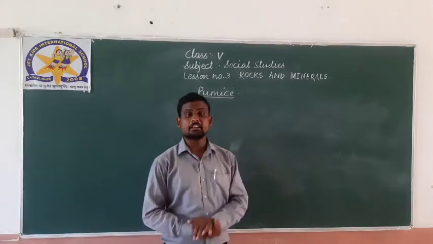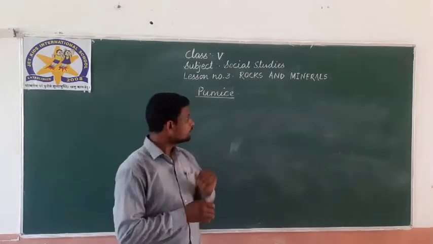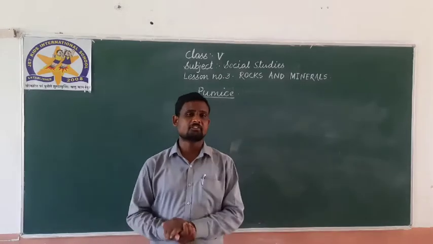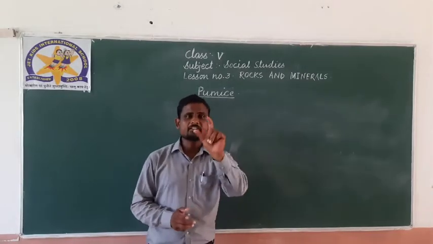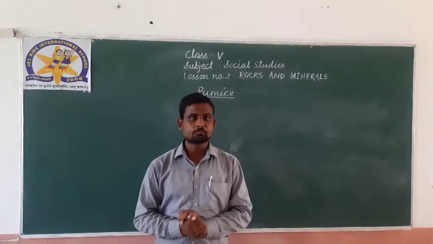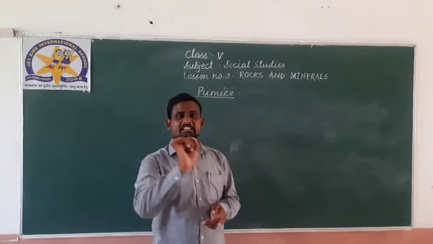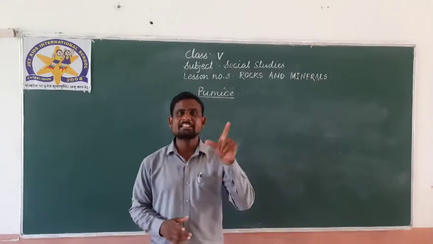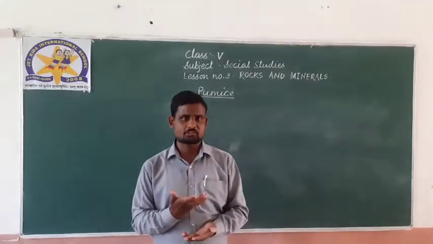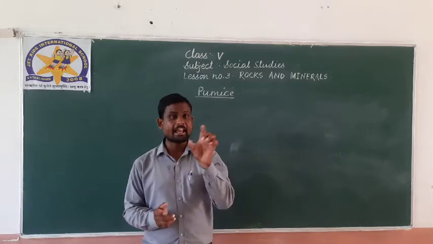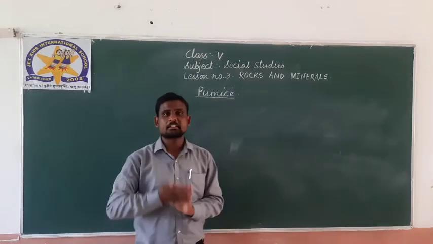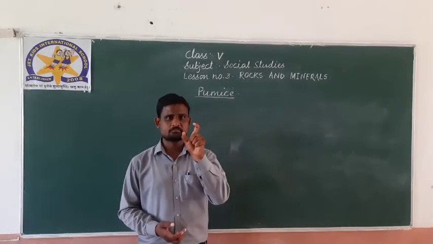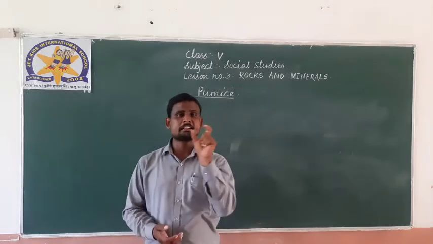Okay. Now listen here carefully. We have to see the different properties and different uses of pumice rock. Pumice is a type of igneous rock. This pumice rock is light in color. Light color means its color is like ash. Ash, you know very well. So the color of pumice is light, like ash.